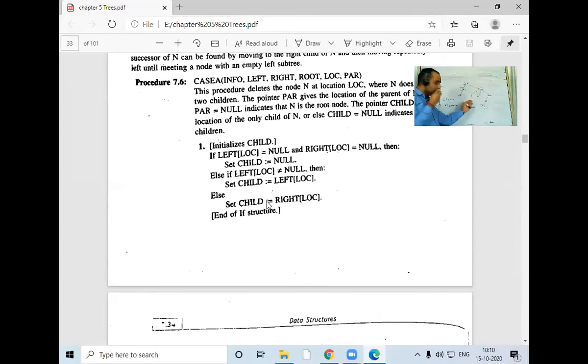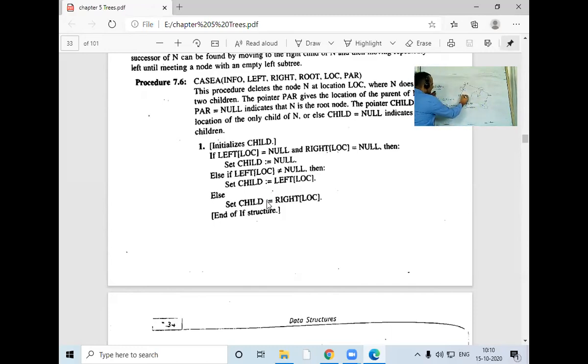Okay, now we are going to start with case A. And again, we are having a good example with us. This algorithm will become nothing. It will be zero if we know the algorithm example very well. So let us start case A. Case A is node with 0 or one child.